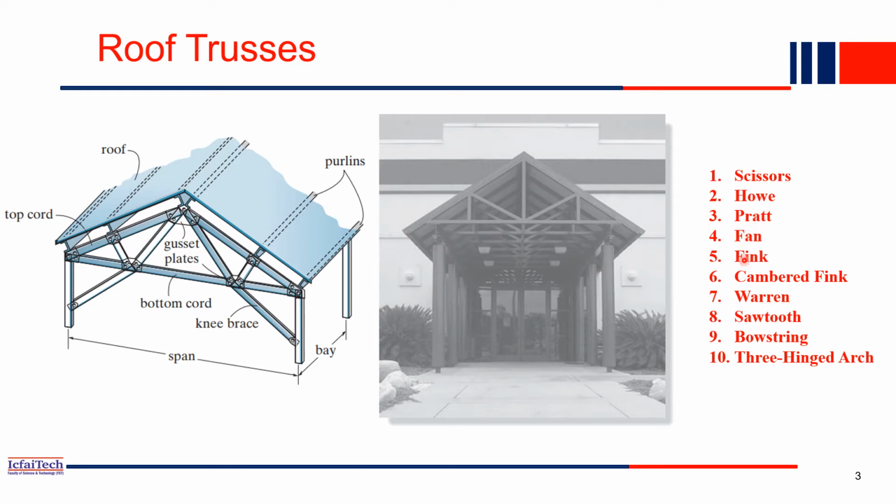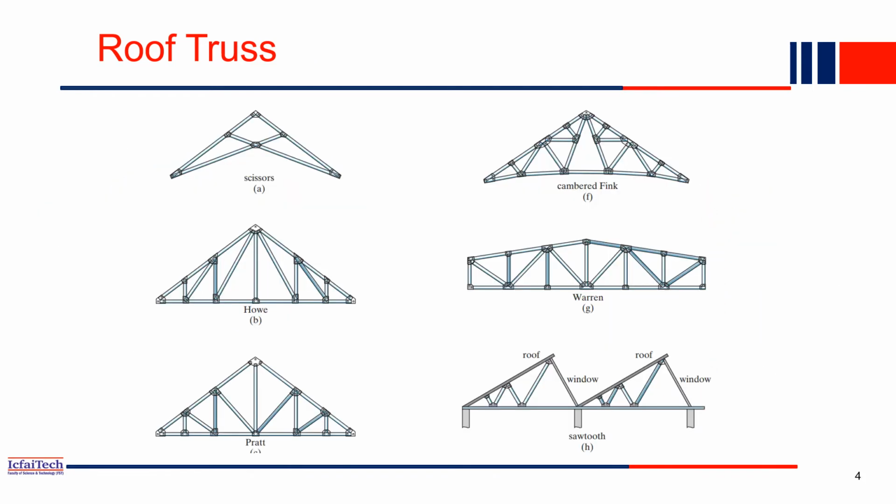Now if you want a very wide span, in that case you may go with Warren truss, or if you want to shed shopping workshops and all, we go with sawtooth type truss. We'll discuss each and every truss in the coming slides. So here you see a roof truss of scissor type. Scissor types are used normally when the span length is reasonably small, not very high. If you see the shape of this truss, it is a scissor type. So that's why this is also called a scissor type truss.